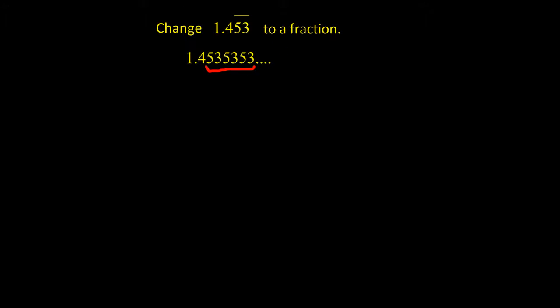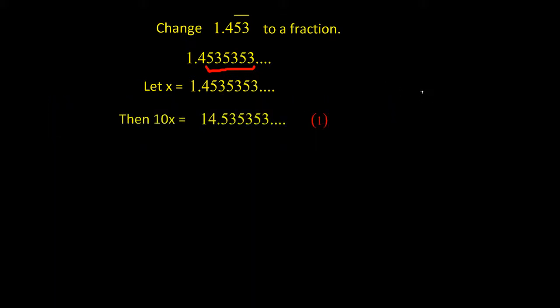Let's have a look at how we start. We let the number equal x because we're going to do some operations on this particular question. You'll notice that if I multiply x by 10, the decimal point is now located after the 4, 14.5353. You'll notice that the decimal part that we had up here is now the full decimal part here, whereas